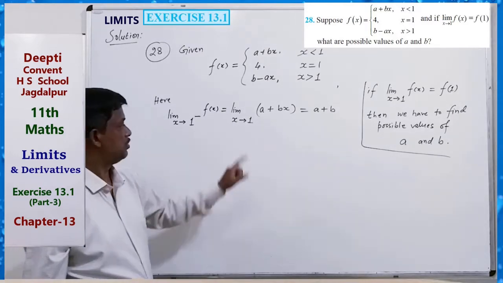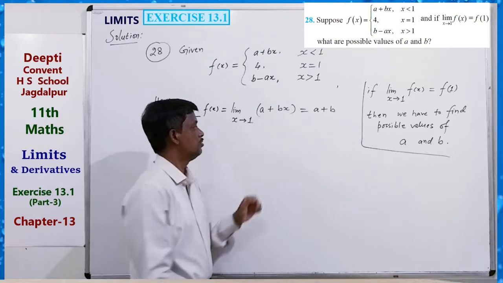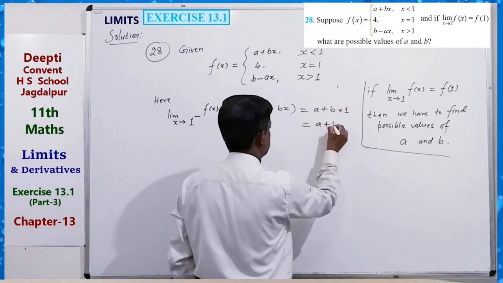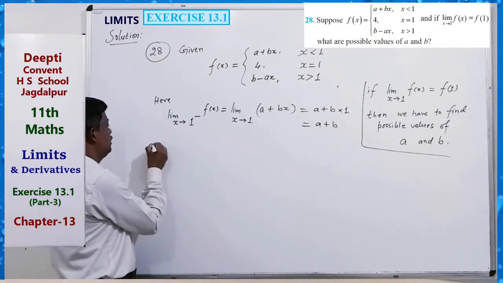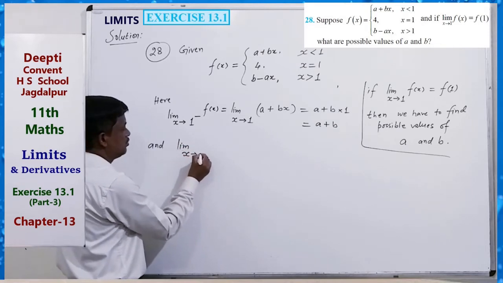Left hand limit, because x equal to 1 is here, a plus b into 1 equals a plus b. That is the left hand limit, a plus b, and now the right hand limit, x tending to 1